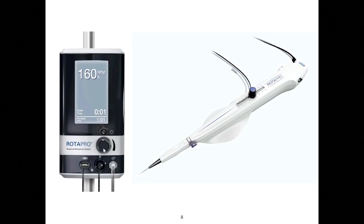You can see all the RPMs, and you can see the RPM drop. You can see the speed and the duration of your burrs, the burring time. Everything is noted on the display in the front, and it's a single console that makes it easier for us to manage everything. The foot pedal, which had the dynaglide and the foot pedal to accelerate the burr, has also